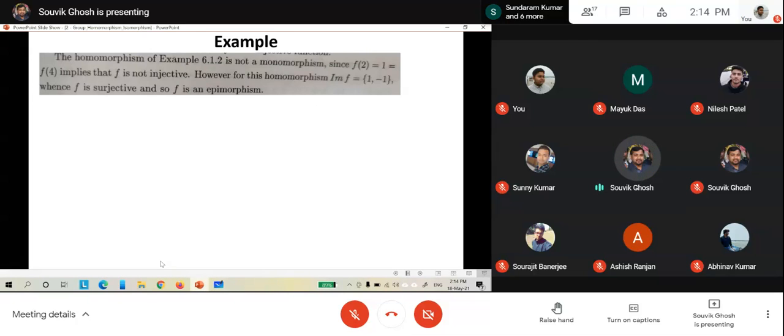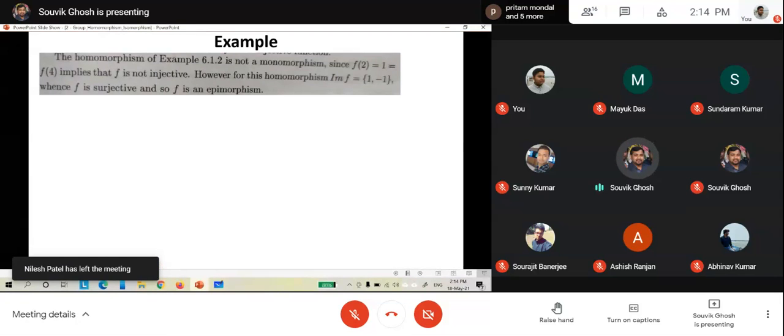So this is the example we had earlier, that is, we are defining the function from G to H. G was the set of integers, and we have the set 1 and minus 1, so we can define the function from G to H by even and odd. If it is even, then it goes to 1, and if it is odd, then it is minus 1. So this is not a monomorphism because this is not an injective function, but this is surjective. So this is an epimorphism, but it is not a monomorphism.